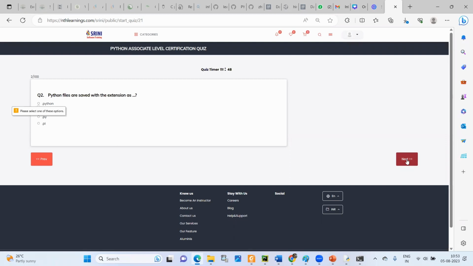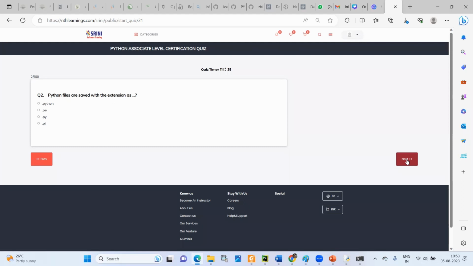After every 2-3 classes, once the concept is done, I'll ask you to attempt the quiz. You have to attempt it. As an instructor, I can see your progress report. How many marks you have got? How many questions you have not answered properly? I can see that, isn't it? But it's your responsibility to attempt it.